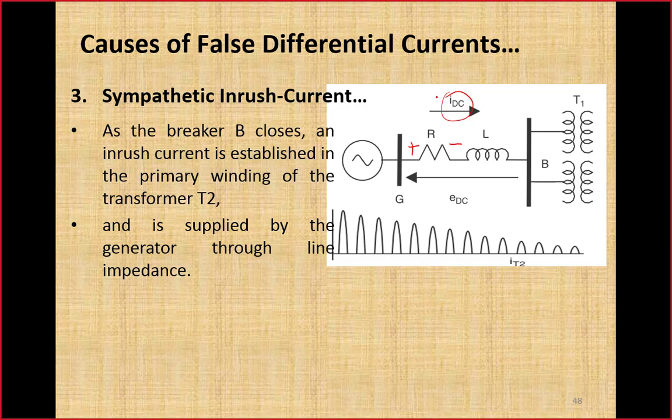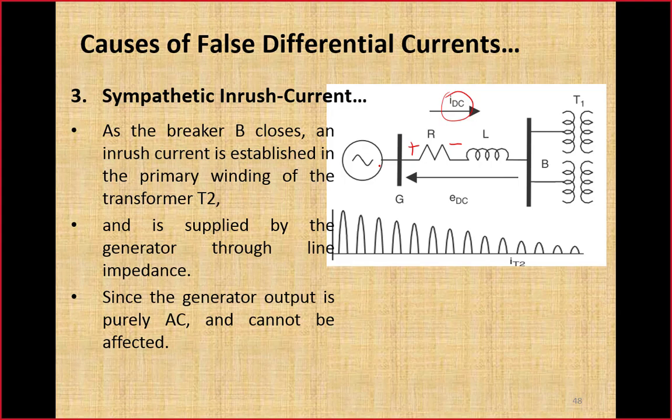Now this is the situation where we can see generators are designed to produce AC voltage, pure AC. A generator cannot induce a DC. So this is a situation where we have an ideal AC source in series with our DC source in this polarity, plus minus. We can call this bus G and this is bus A.